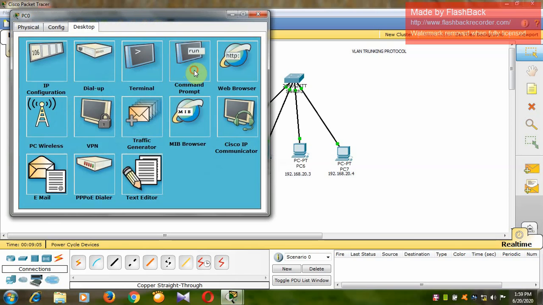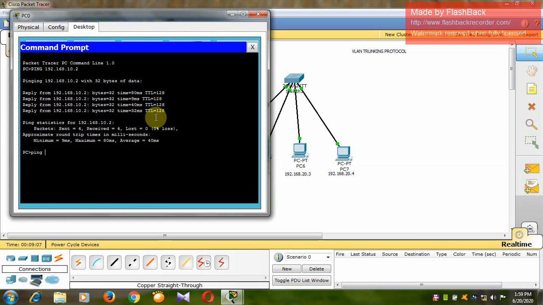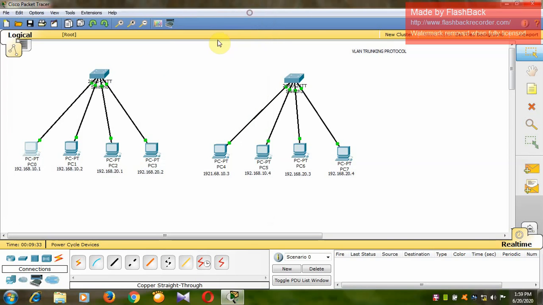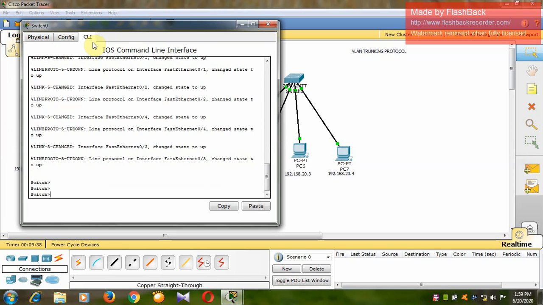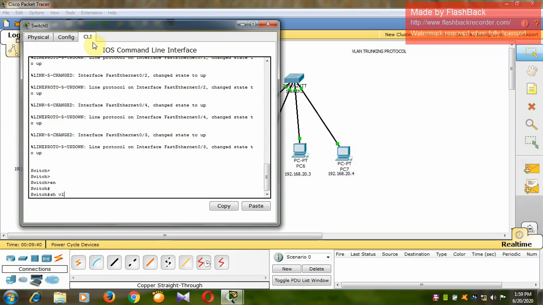Let me ping 192.168.20.1. You can see that I am not getting the reply here. You can check the VLAN with show VLAN.